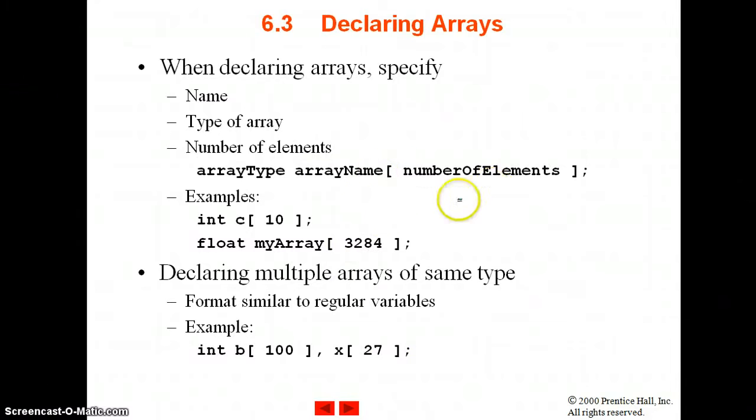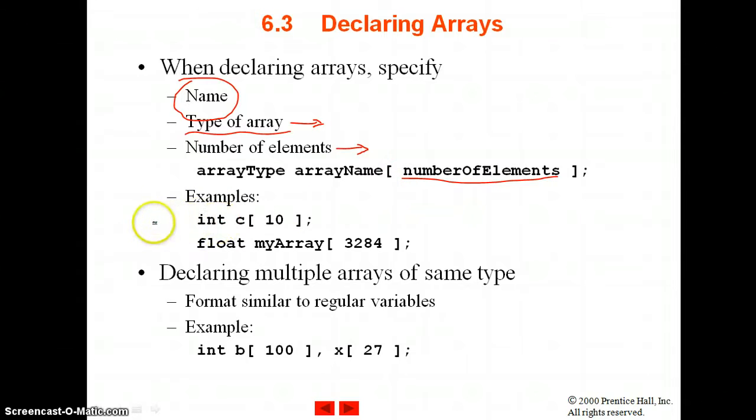So when we declare array, we specify a name of array and a type of array. A type of array is a data type of array, and in every programming language we have basic data types: integer, character, string and float. So this data type is declared at the time of declaring array. Further, at the time of declaring array, we have to declare the size of array or the number of elements that array stores. So this number is the size of array, and we term it as the number of elements in array.